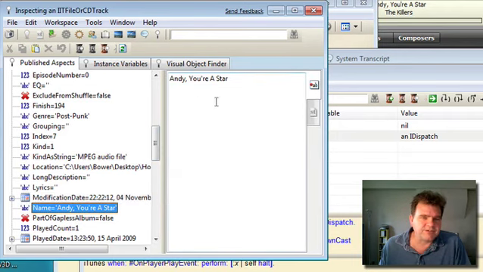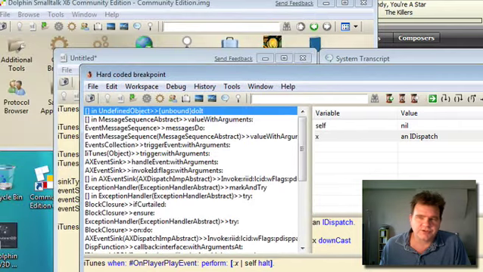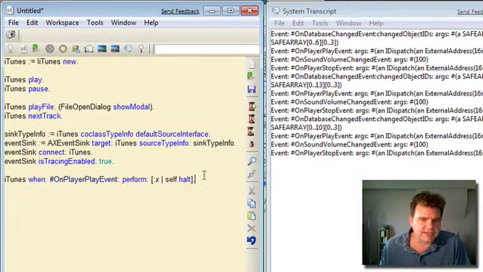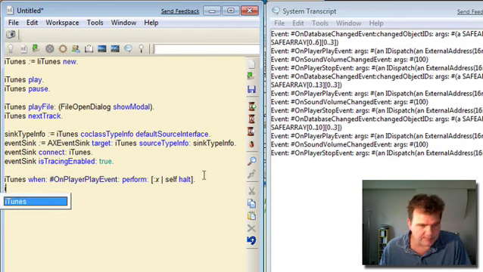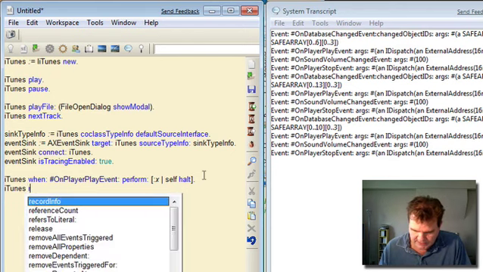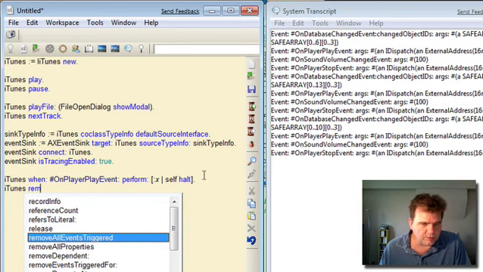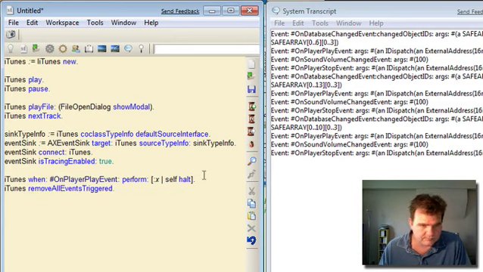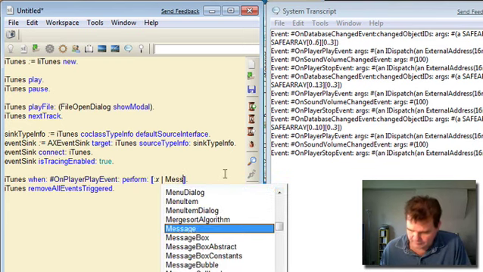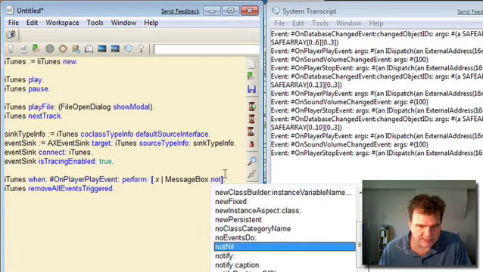So what we can do now is we can use that to parameterize whatever we do with this event. So let's go back to our original workspace window. Okay, I'm going to ask it to forget that event handler. So I can say iTunes remove all events triggered. Okay, and instead of doing a self halt, let's edit this again and put up a message box to say we're playing a particular track. So let's do message box, notify,